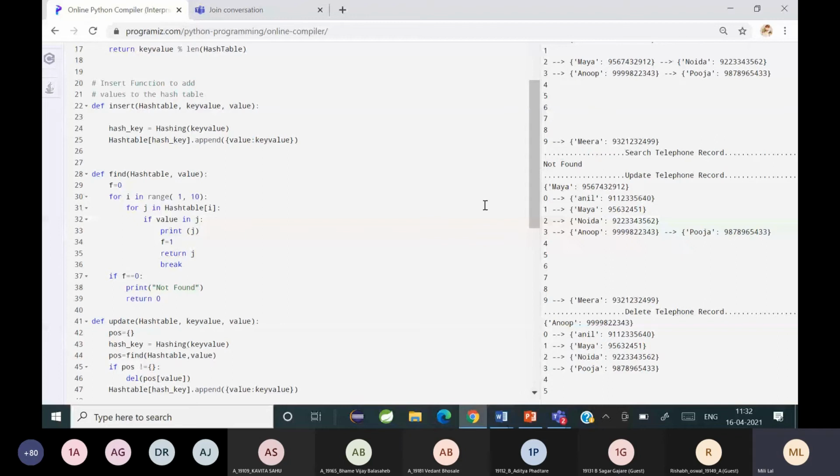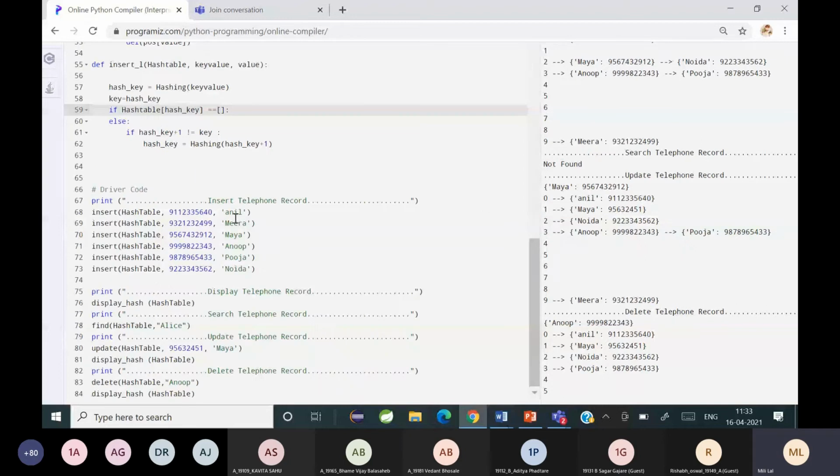And you can see on the right side, in the search for a telephone record, it prints found, or not found. Not found means that particular record is not there. So it is searching each index, and if it is there, it retrieves it. Now, if it was a dictionary method, it would be easy to retrieve because you would find it in terms of the phone number.